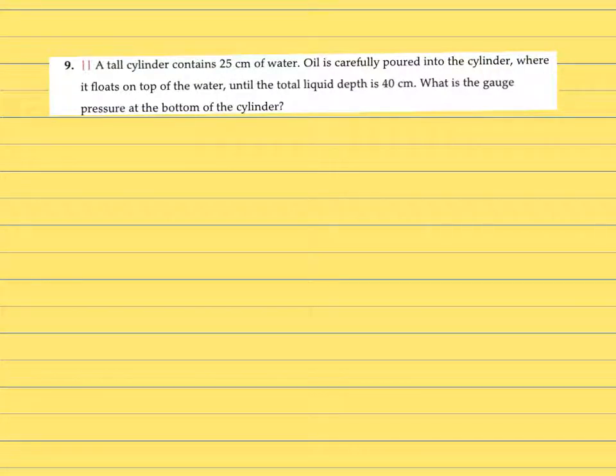So now they're talking about gauge pressure. So we know absolute pressure, that's a P, equals the pressure of the gauge plus the pressure of the atmosphere. Okay? So we want gauge pressure, so we have to get gauge all by itself. So I'd have to subtract atmosphere from both sides. And I'm going to get pressure of the gauge